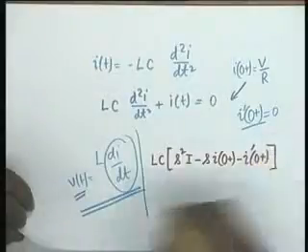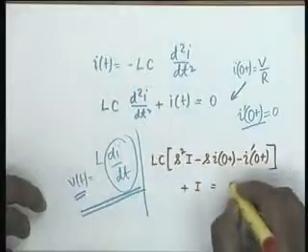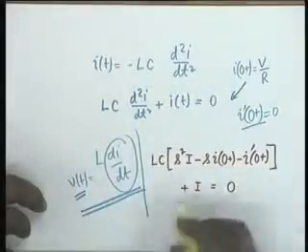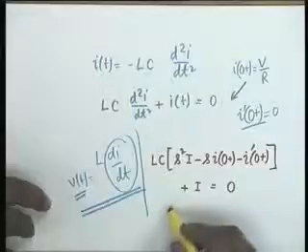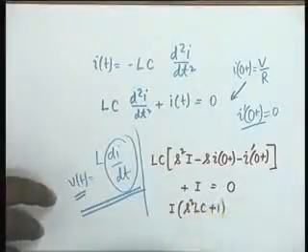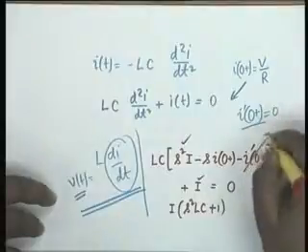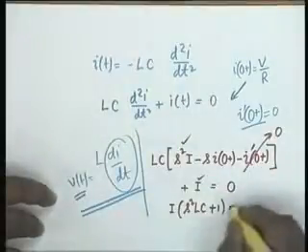Do you remember this? Then plus I would be equal to 0, and therefore what we get is I times (S squared LC plus 1), which takes care of this term and this term. This is 0, would be equal to